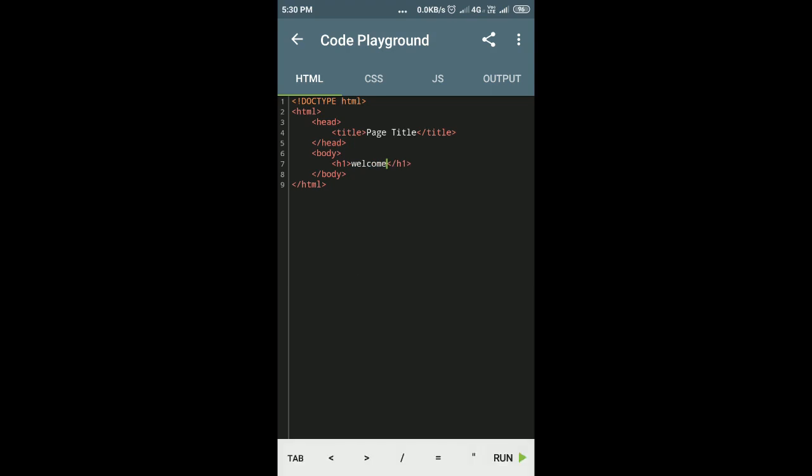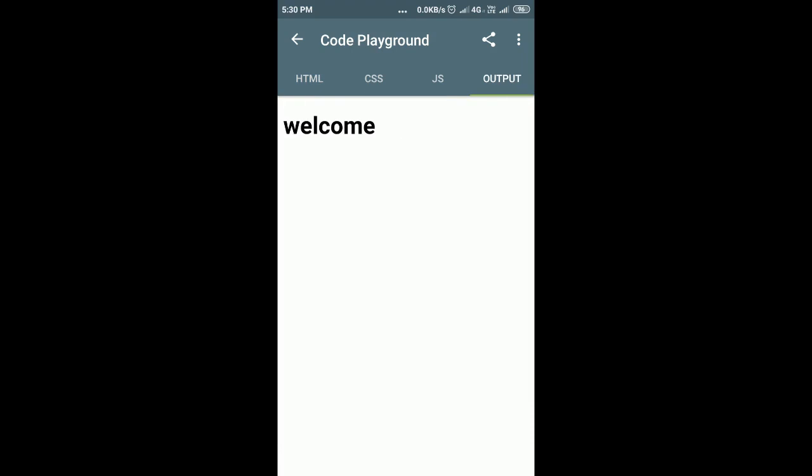So again you can see the output by clicking on the run button. Okay, so in this video the output tab is also available at the top. Okay,